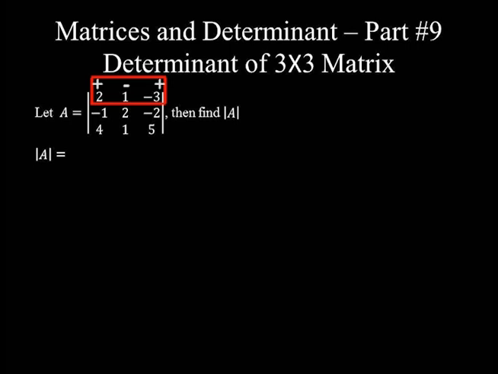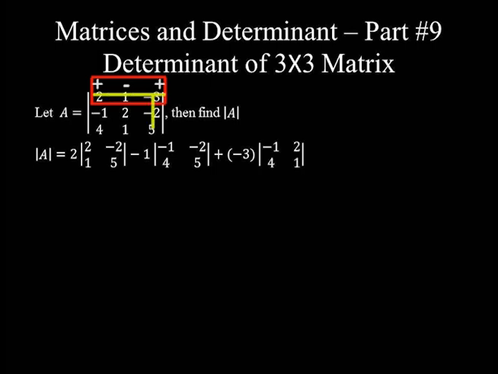So the sum of the matrices is 2 times, by crossing out row 1 and column 1, we will find 2, -2, 1, 5. Minus 1 times, again by crossing out row 1 and column 2, we are left with -1, -2 in row 1 and 4, 5 in row 2, plus -3 times. -3 belongs to row 1 and column 3, so when we eliminate them, we are left with negative 1, 2 in row 1 and 4, 1 in row 2,